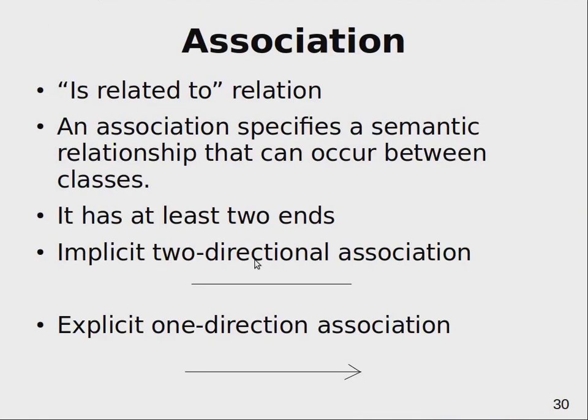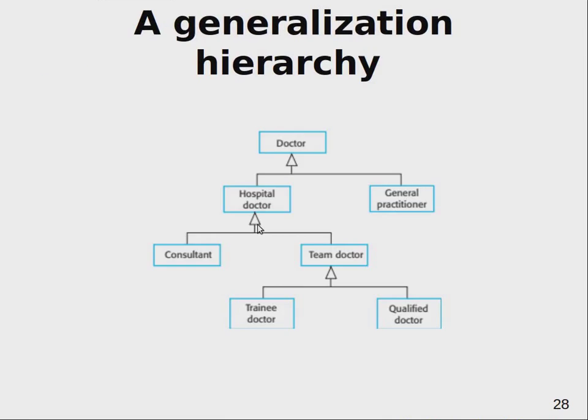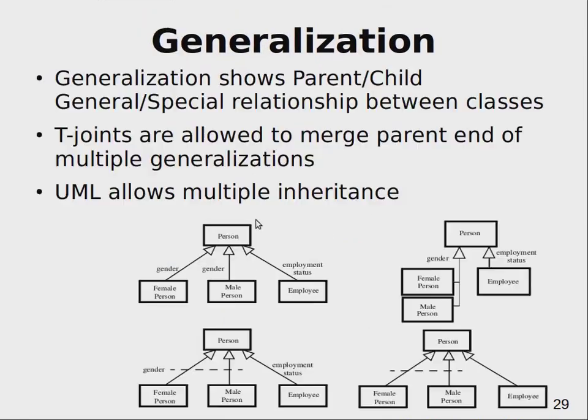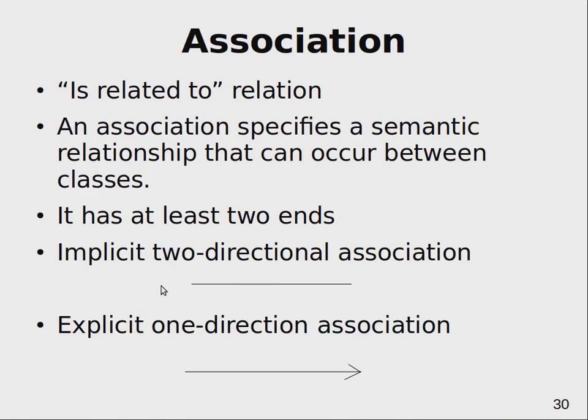And other lines which do not end up with these triangles are different. If one line ends up with this closed triangle, then it is generalization-specialization. More general classes here, more specific classes here. Other kinds: if you do not add anything, it is just one